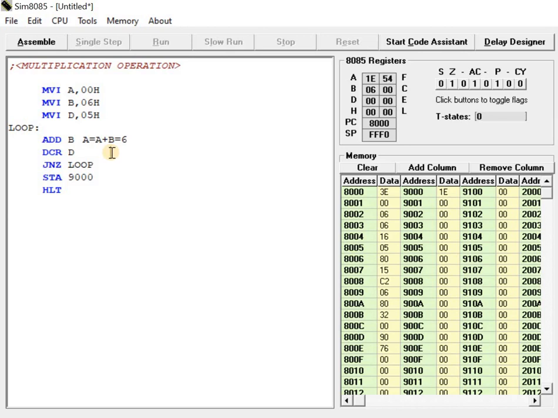So now after the decrement it's 4, and here JNZ